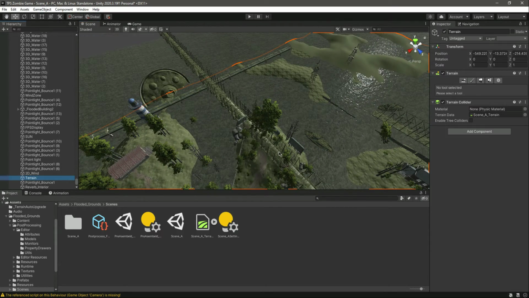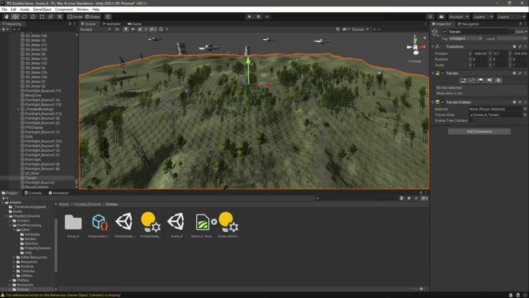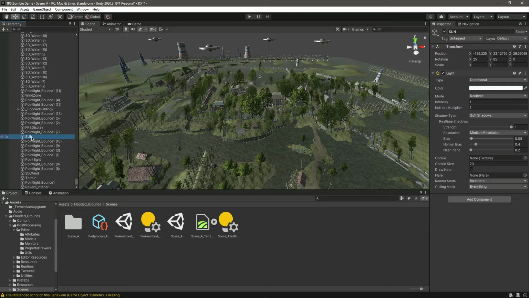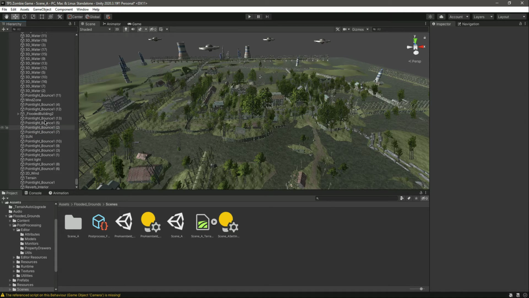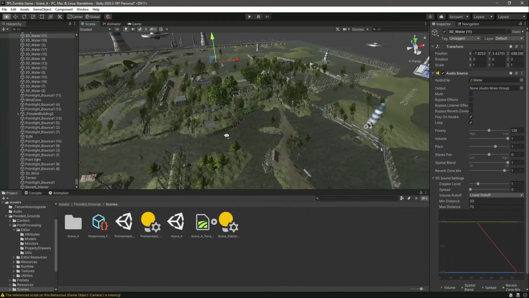Okay, we have the whole terrain, as you can see. We have the wind, the sun, and let's delete this FPS display as well. And what is this? Okay, this is the current building. We have the wind zone. And guys, let's just actually